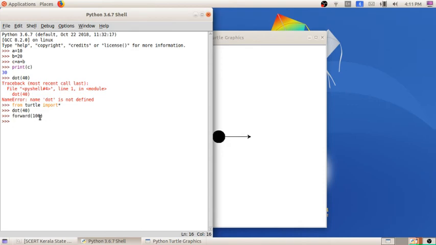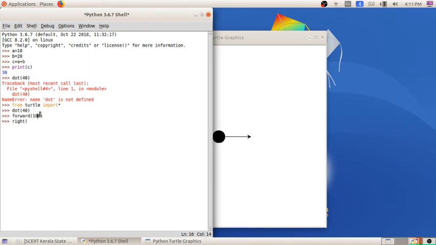Here you can see while writing, I am typing right. When I type the value, before typing the value, what they are noting here is angle. So this right represents the angle, and the forward is representing the distance from the dot. Or you can name it as a turtle which is moving to the right direction, and you can calculate the distance.